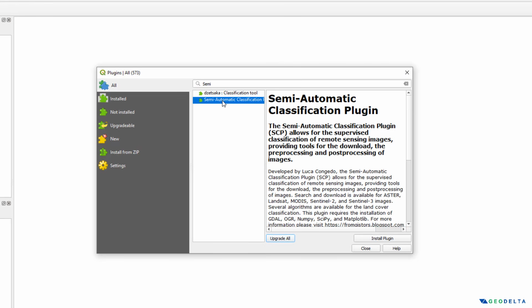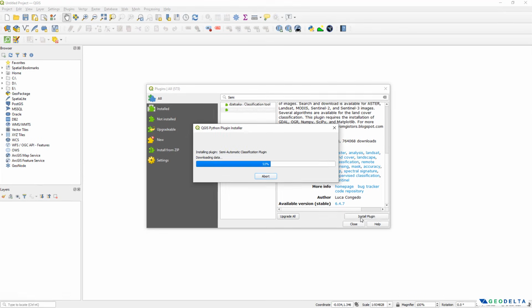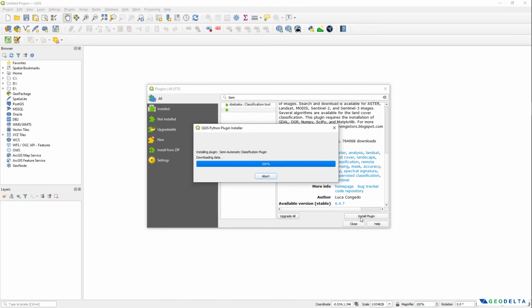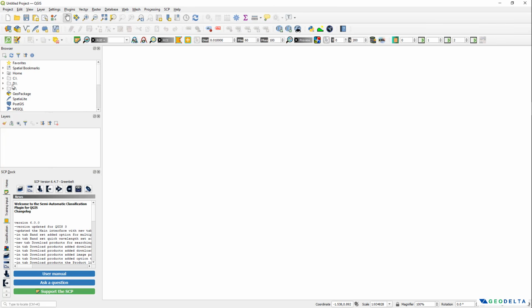As soon as you start searching Semi-Automatic, you can see that that plugin is right over here. You can see over here over 700,000 downloads as of now. So we're just going to go ahead and install this plugin first. Alright, now I can navigate to the place where I have kept my Landsat